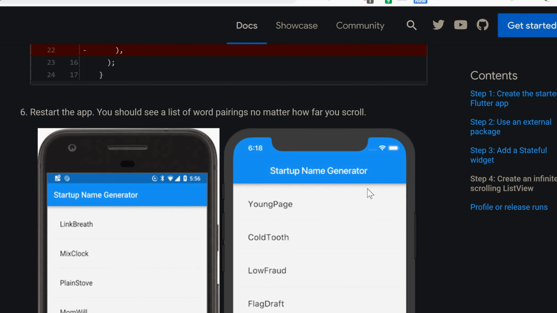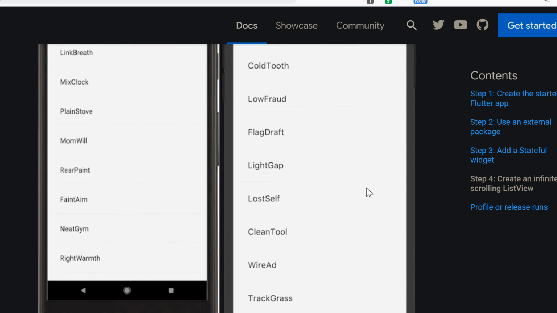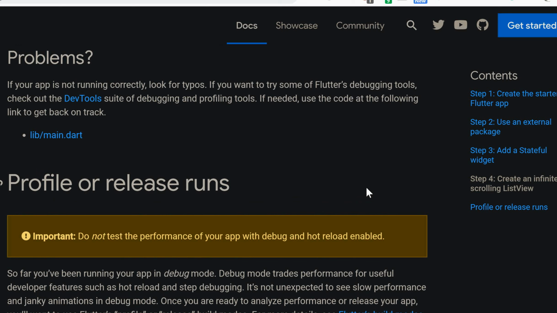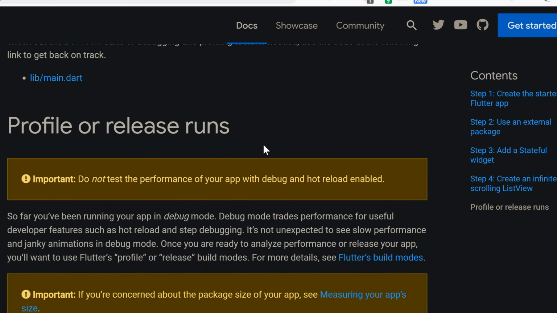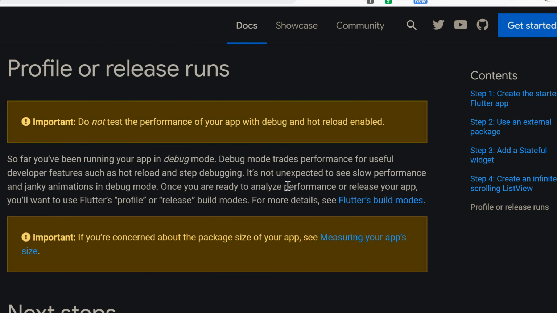Restart the app, you should see a list of word pairings no matter how far you scroll. Okay, if the app is not running correctly, again, they provide you with source code. What's this part now near the end? Profile or release runs. Do not test the performance of your app with debug or hot reload enabled. Of course, that will